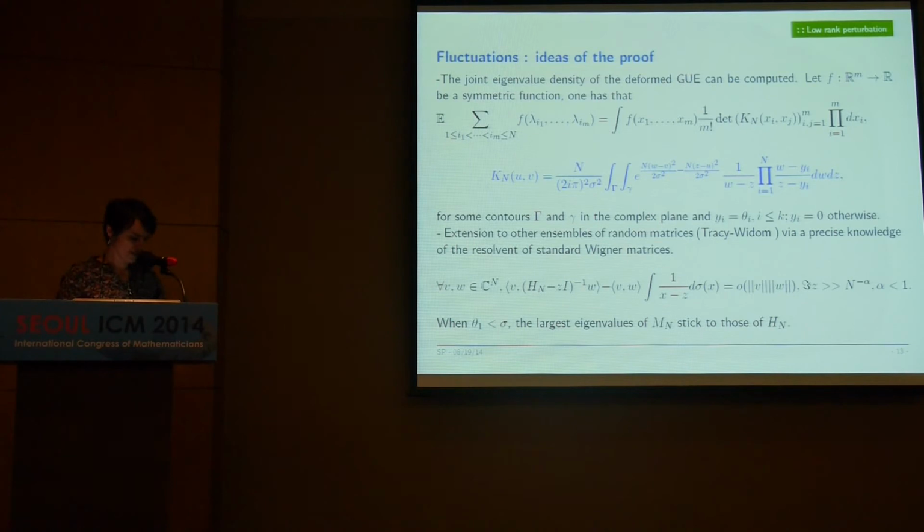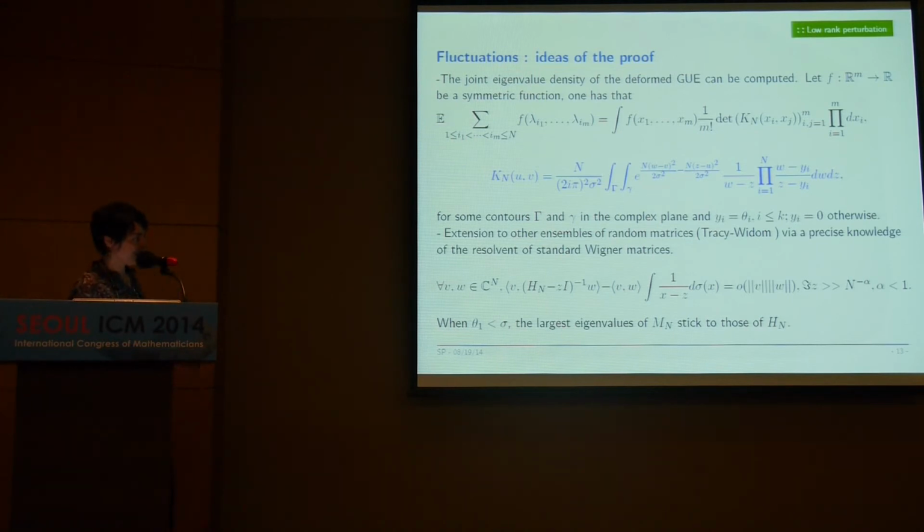Okay, so let me briefly give some ideas of the proof. So first, for the initial results for the deformed GUE. The deformed GUE is probably the simplest of the deformed ensembles because there are two miracles. The first one is that we are able to compute the joint eigenvalue density for the deformed GUE. This follows from some algebraic identities, and using this joint eigenvalue density, we are able to compute in an explicit way,